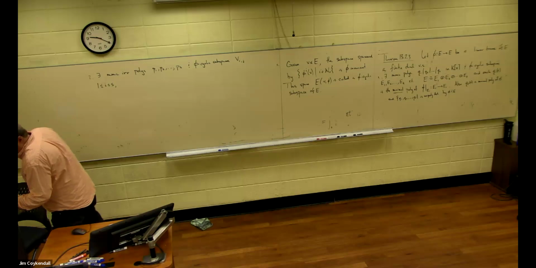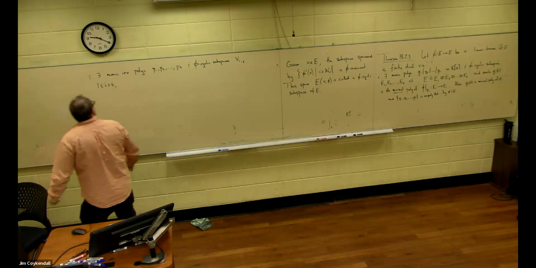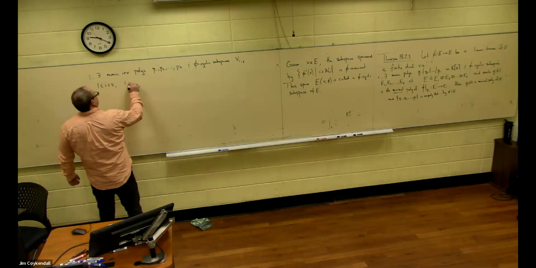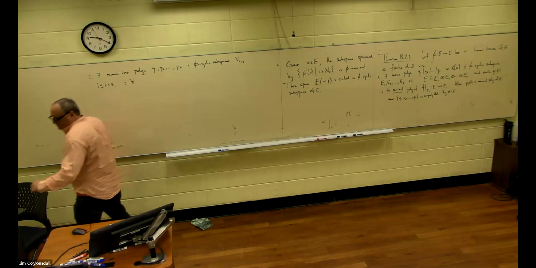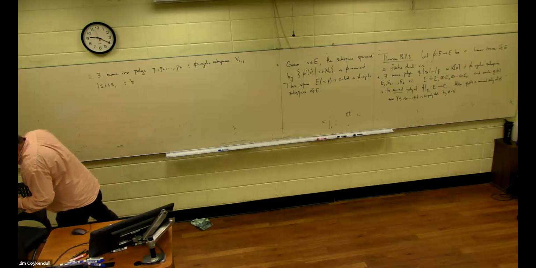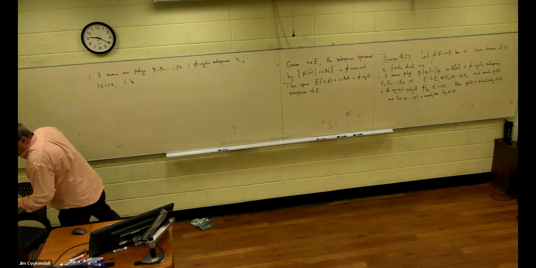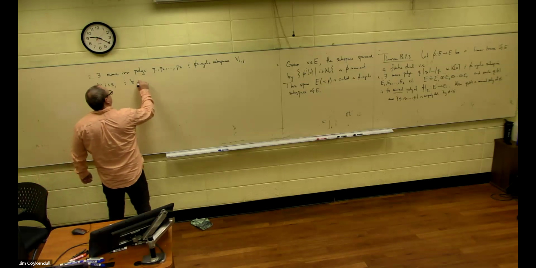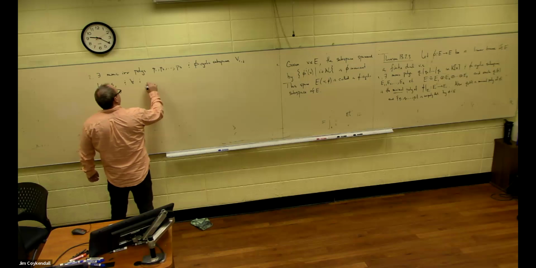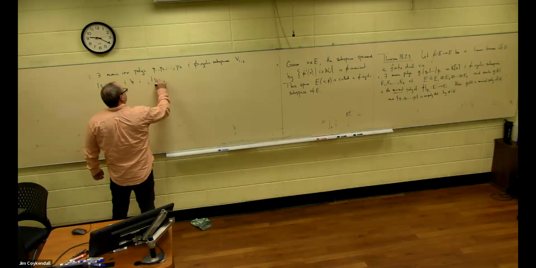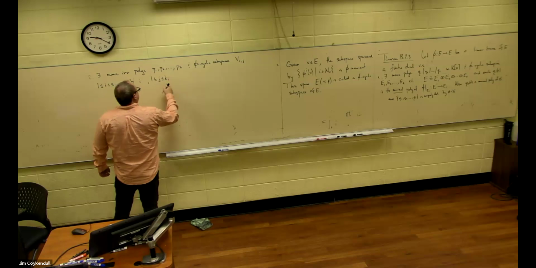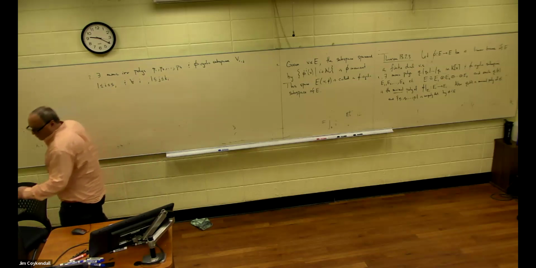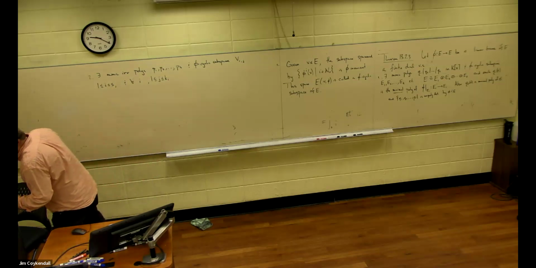And for each i, j between 1 and k_i, which is another integer, we have E is isomorphic to